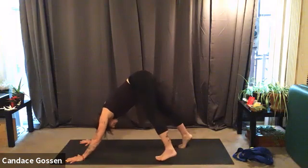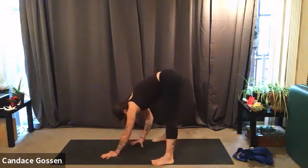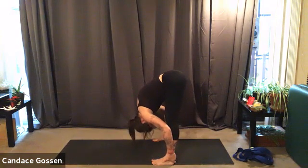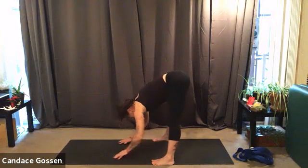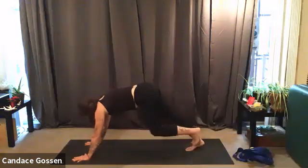Make your feet as wide as the mat. Move them forward. Walk the hands back for another forward fold. Wide legs. Big deep breaths. And then we'll walk the hands back out again, coming into our final second chance of our flow movement with